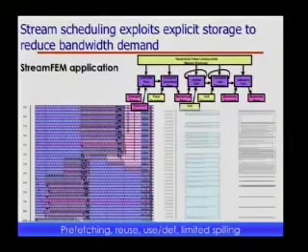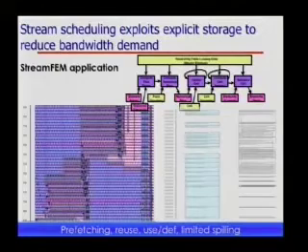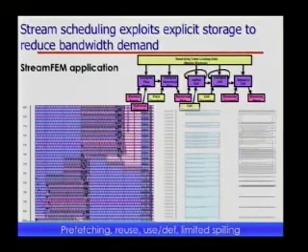The only thing worse that you can do than loading data too late is to load data too early. Right? If you load data too early, it's occupying your valuable on-chip memory when it didn't have to. You could have used a larger block size or gotten some other data set in there. So it's not good to load it late, but it's also not good to load it too early. You want to load your data just in time so that you don't tie up any more byte-time cycles than you need to in your on-chip memory. And so the stream scheduling technology is able to do this by looking ahead and looking back in the schedule and deciding exactly when it needs to initiate a load, how much memory it needs to do that, and then it does an iterative search to find the right block size to do those loads.